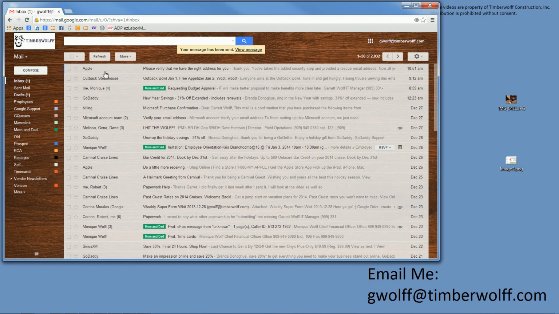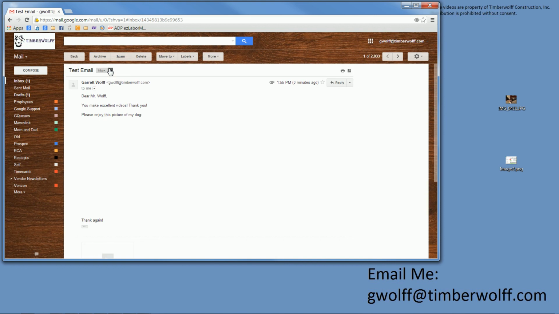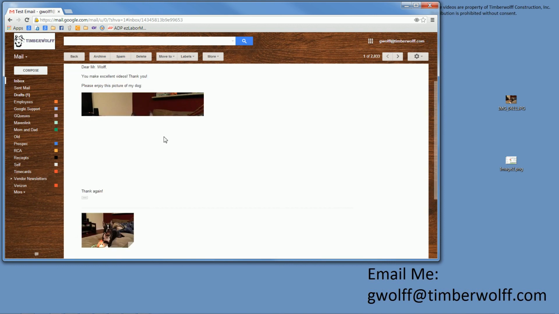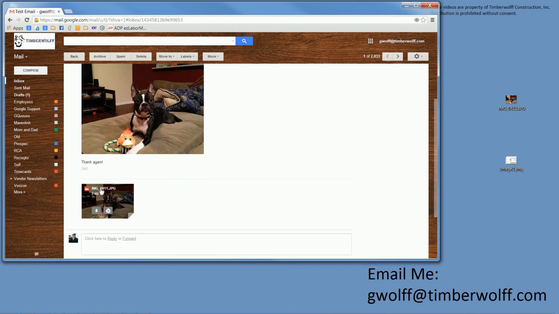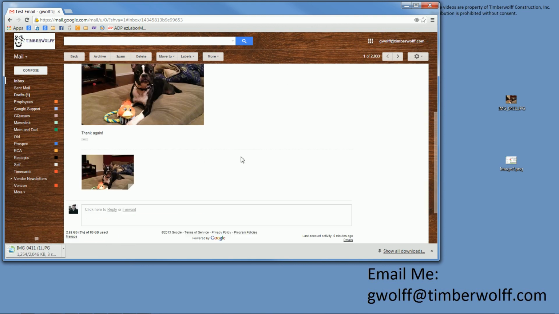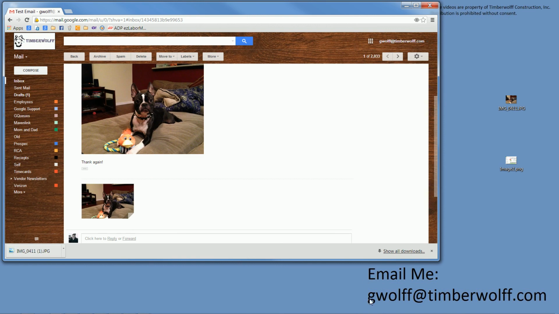And I sent that to myself, so I should notice that I get an email here in a second. So let me open that up. And there you go. So now like I said, we have please enjoy this picture of my dog with the image, and then we also have the attachment down here, which we can click download and download it to the computer. So like I said, not too hard, but if you have any questions, you can always call me or